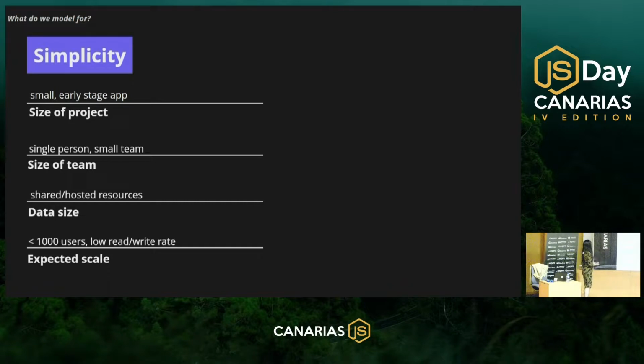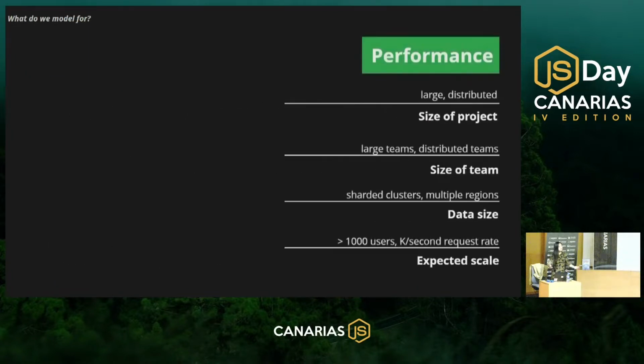And then likewise, your expected scale. If you don't have too many users that are going to be using this, or you only have very low traffic, again, the simpler data model is usually the better one to use. And then, as you can imagine, if you're modeling for performance, you want to take into account probably the opposite things, right? If you're a larger team or a larger project, if you're distributed, if you are over sharded clusters or multiple regions and you're dealing with projects that are much more complex like that, and if your scale is much larger,